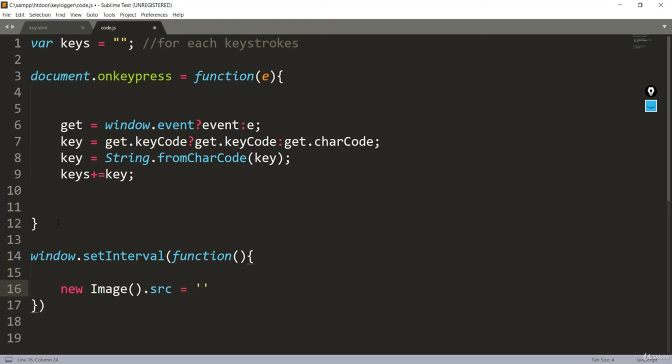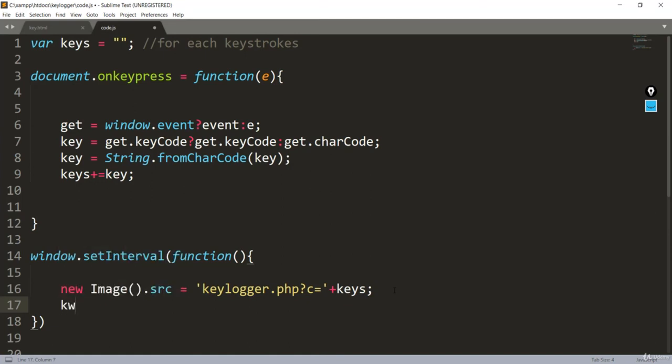and let's see, we have not yet created this keylogger, which is basically the PHP file which will be responsible for sending the keystrokes to the data file or a text file. So this is some URL. I'll discuss in the next lecture how this works, but for now you can simply see that we have passed keylogger.php, which is yet to be created, with these keys. So we pass the keys with the new image. We are sending data as a GET request by creating a new image.